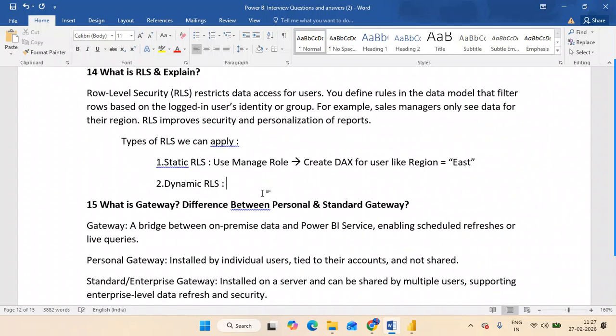What about the dynamic level? We can use username and user principal name. These are user defined functions. What is this?